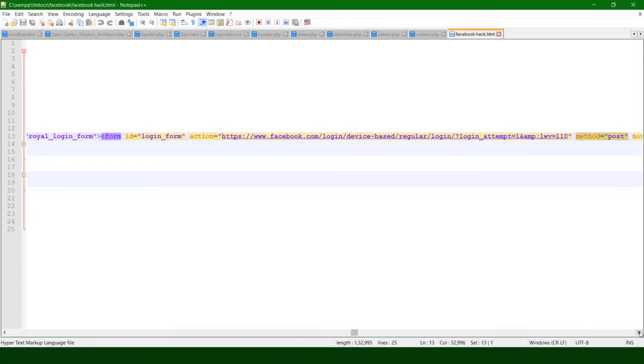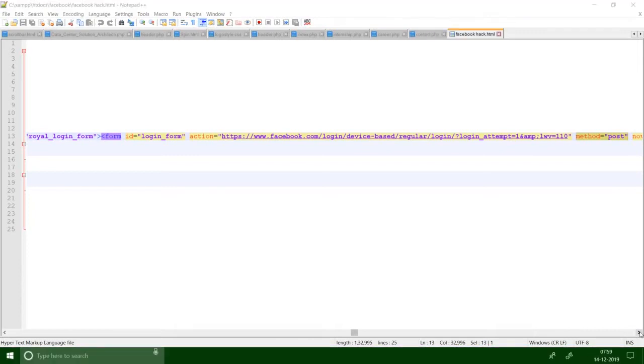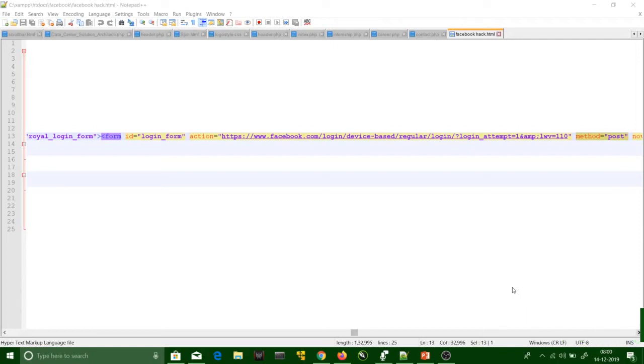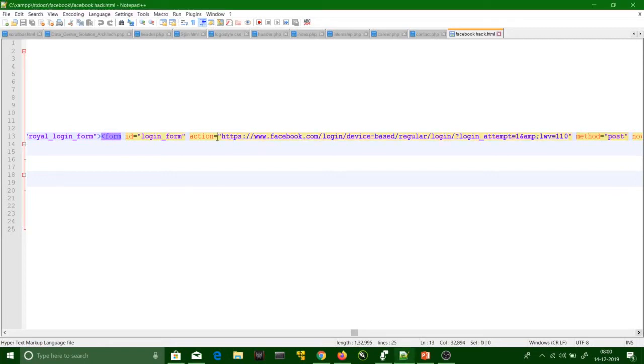There are two methods, get and post. Get is usually used in search engines and search boxes, where the information is not sensitive. Where the information is sensitive and we don't want to display it in the URL, we use the post method. Here, what is my target? Whenever I enter a username and password, my page is actually redirecting to this link. So I will remove this link now, and I will create my own page,